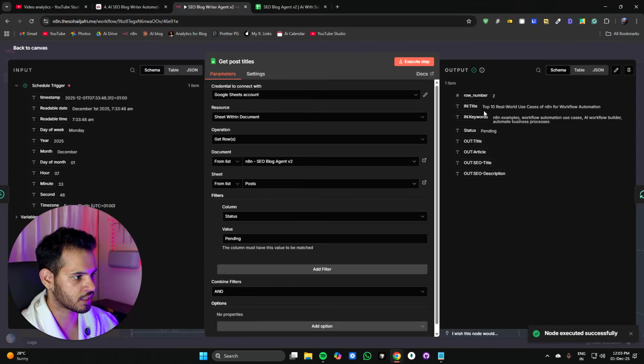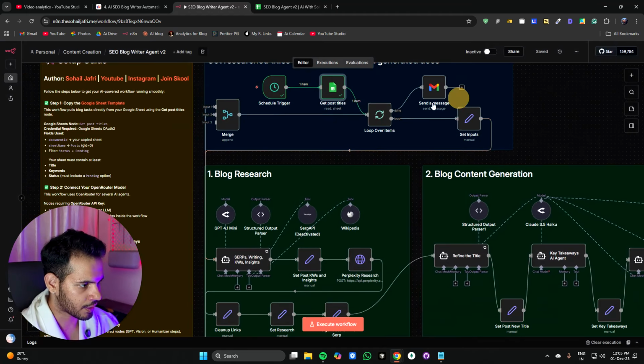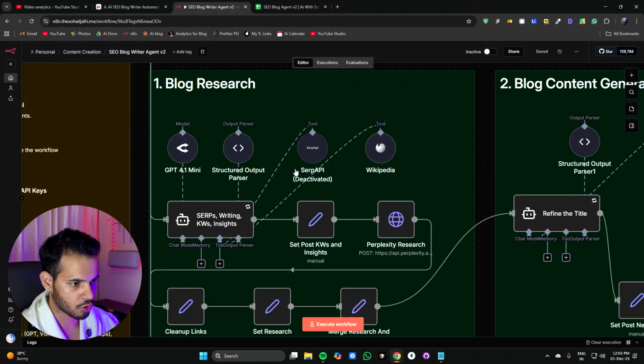So we have received the title we need to work on. After that, it will loop over each item and do a Perplexity plus SERP research. So SERP are the widgets which you see on your web page. For example, if I do a